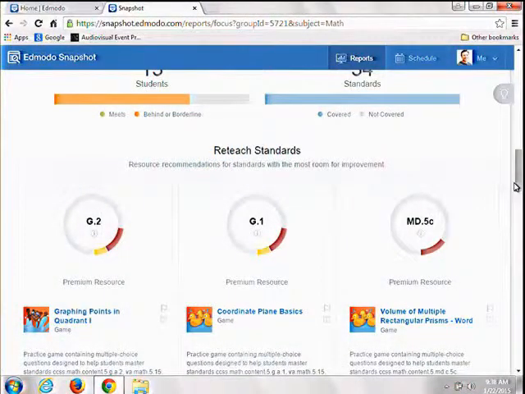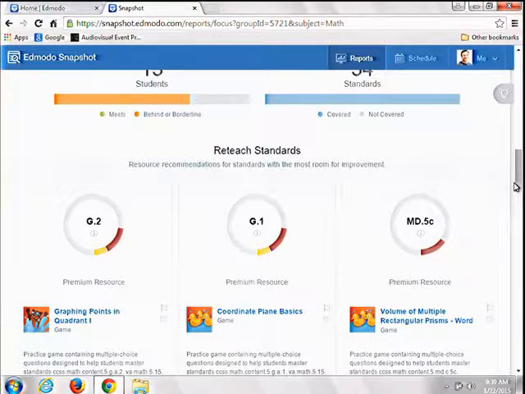But here's the other cool thing that it does. If I scroll down a little bit, it's trying to tell me, because you don't necessarily have time to sift through all of the data, so we're trying to help you do that a little bit. Based on the snapshots for 5th grade math that you have given so far, these are the 3 standards that are probably candidates for you to reteach, because these are the ones your students are performing the lowest in. If I hover, I call these donuts because I relate everything to food.